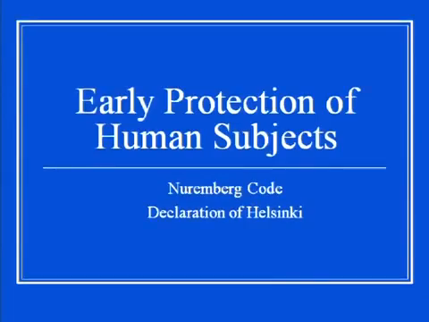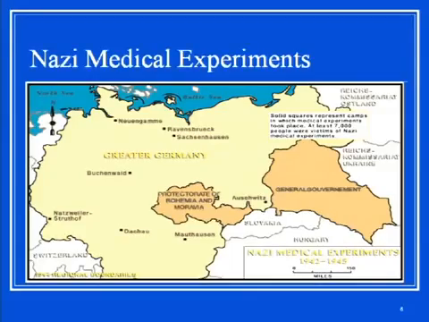So before there was the Nuremberg Code, there were the Nazi medical experiments. These experiments were conducted, these are the atrocities associated with World War II. And between 1942 and 1945, these experiments were conducted in 8 concentration camps that you can see as the squares on the map throughout Greater Germany. And so there were upwards of 7,000 individuals that were victims and unwilling participants in these experiments.